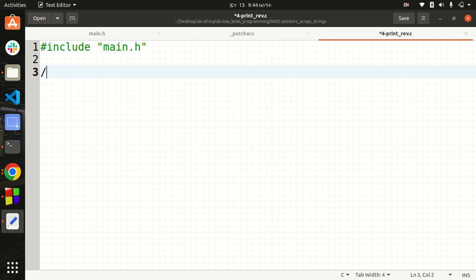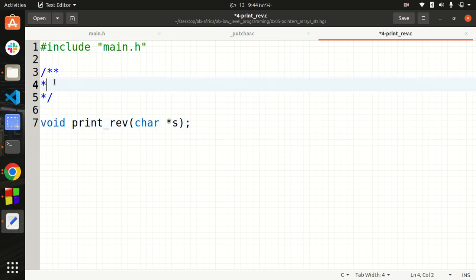Even if it is not going to be here, it can be done. I'm going to come here and print_rev here, printing a string in reverse,